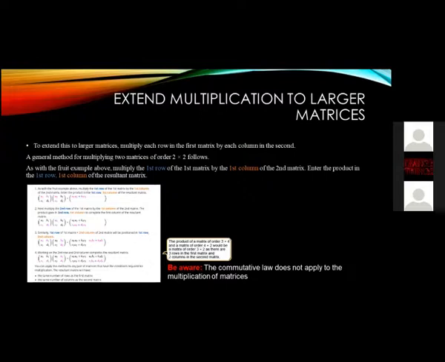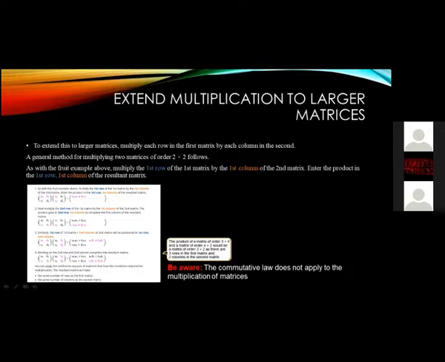Number 2, next multiply the second row of the first matrix by the first column of the second matrix. The product goes in the second row, first column to complete the first column of the resultant matrix. 3. Similarly, the first row of the first matrix times the second column of the second matrix will be positioned in the first row, second column. And last, working on the second row and the second column